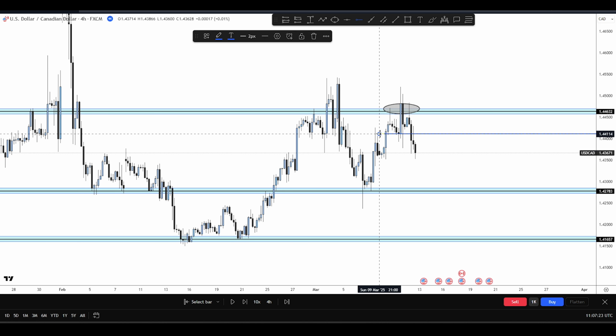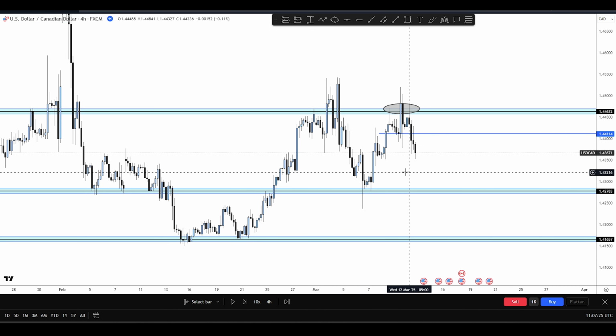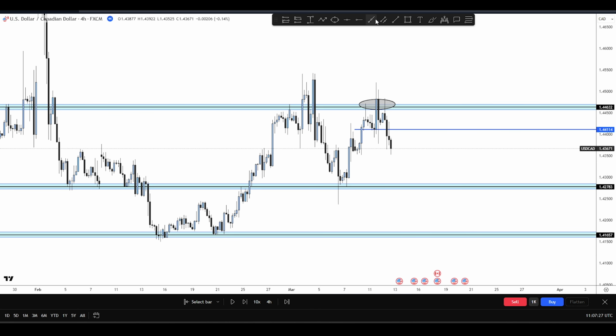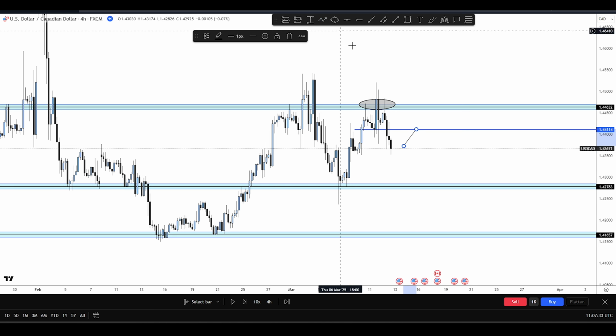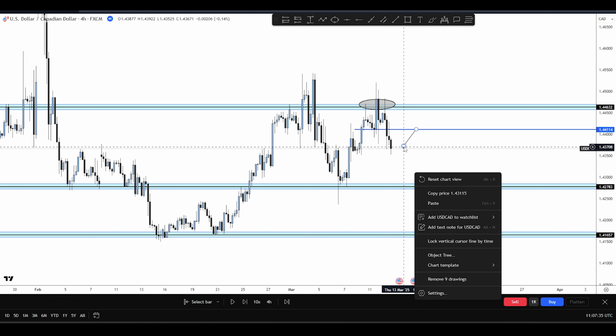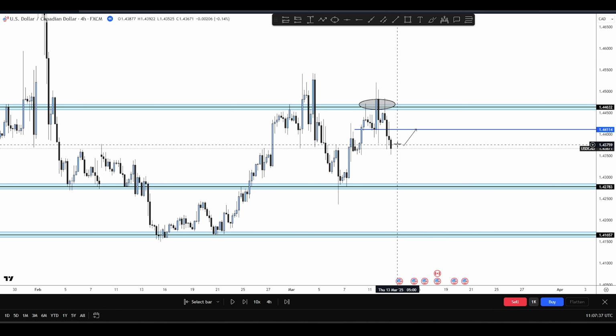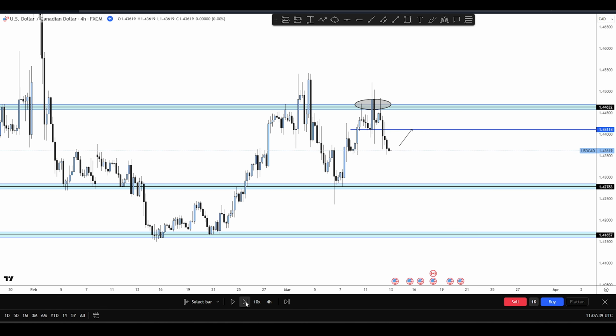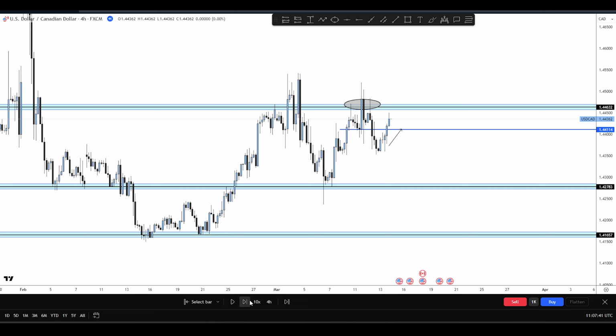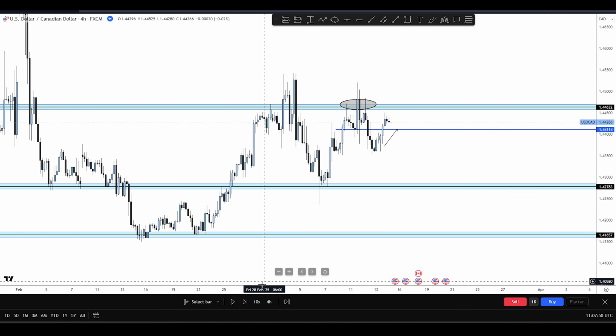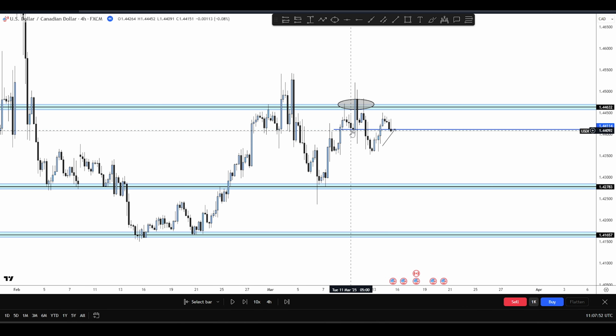And then I initially had this level of resistance drawn on. I was like, okay, if price can pull back into this level, I'm looking for shorts, and I'm targeting this daily level of support. That's simply what I looked for. And then we've got the pullback, and price pulled back further than this level. So this was Thursday night, and when I woke up Friday morning, I was like, okay,